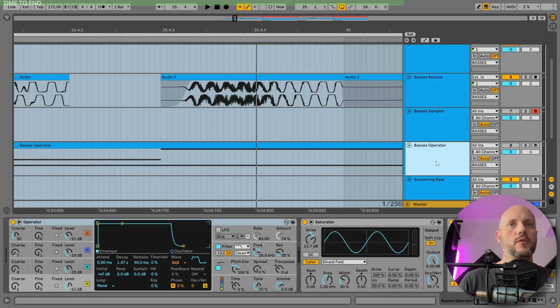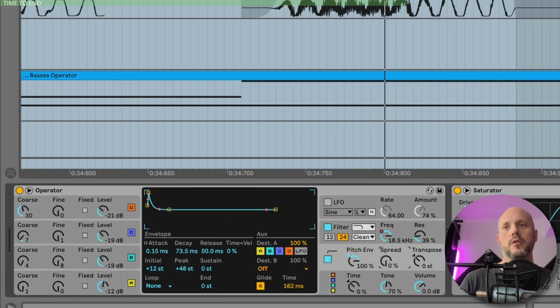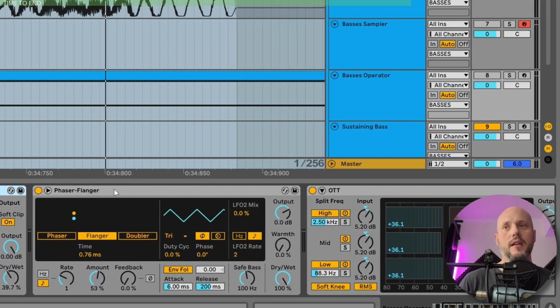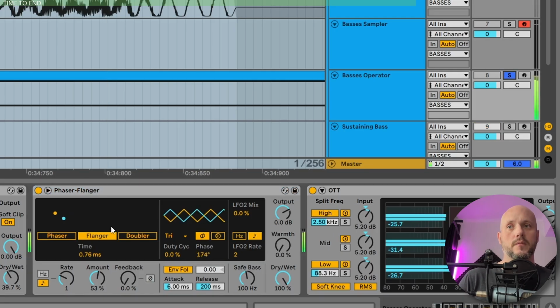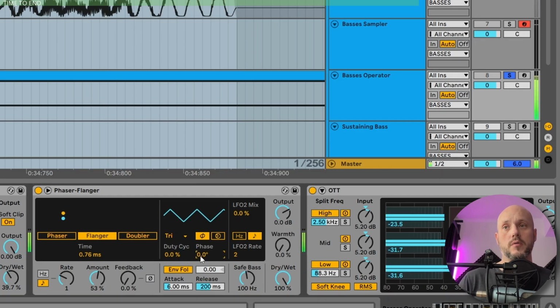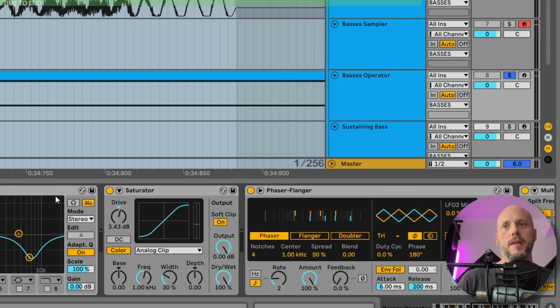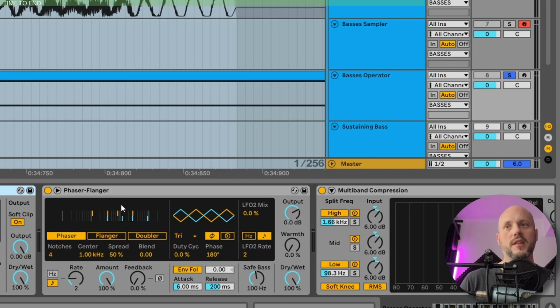So the best solution obviously is to go back to your chain and find the problem. In Operator I don't have spread, because this is the only thing that could create stereo sound. The saturator does not have anything. The phaser flanger effect can have one, and that is the phase that separates the left and the right side. As you can see here, because it is on zero, the effect is mono, so this cannot be the problematic part. OTT, another multiband compression, EQ, saturation, again cannot create a stereo effect, but the phaser can,